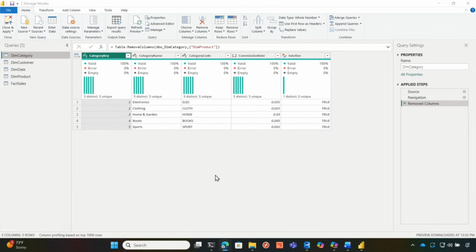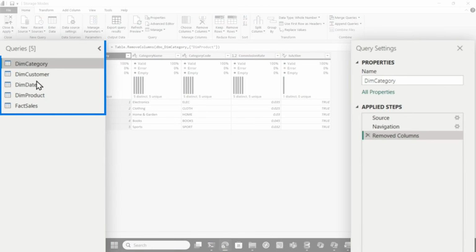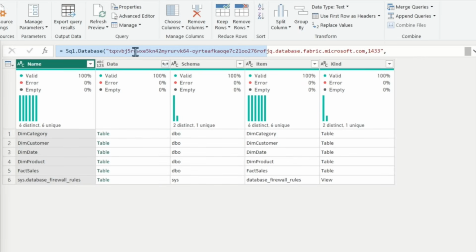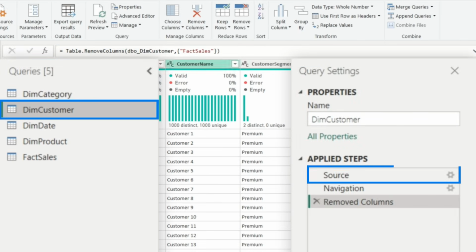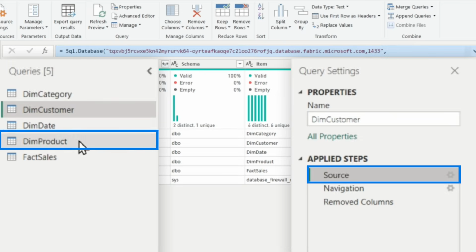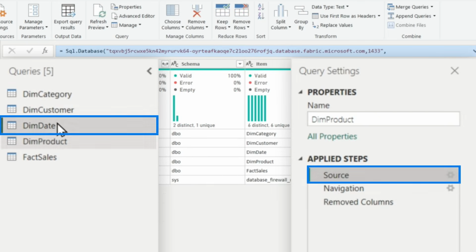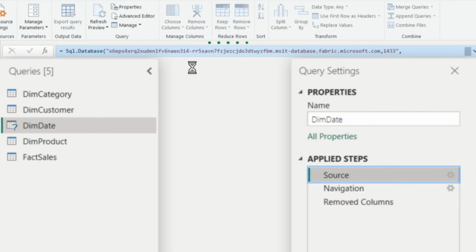So I have a semantic model that I've created. You can see I have 5 tables here. And if I go to category and choose source, you can see that my server starts with a T. I won't try to read the name. It's a Fabric SQL database. If I go to customer, go to source, same thing. If I go to product, go to source, same thing. And FactSale, same thing. But if I go to dim date and I go to source, it is a little